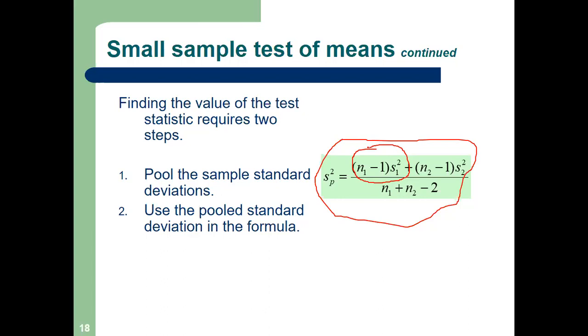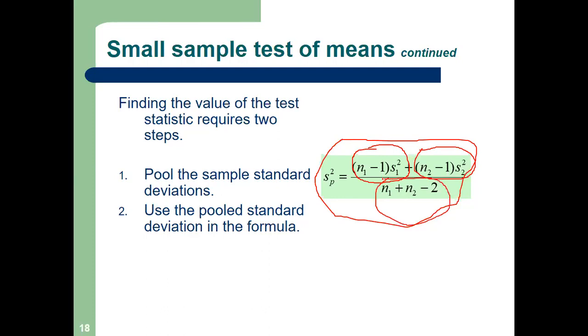Sample 1 degrees of freedom multiplied by the sample 1 variance. Plus another term, n2 minus 1 into s2 square. That means degrees of freedom of sample 2 multiplied by the variance of sample 2, divided by